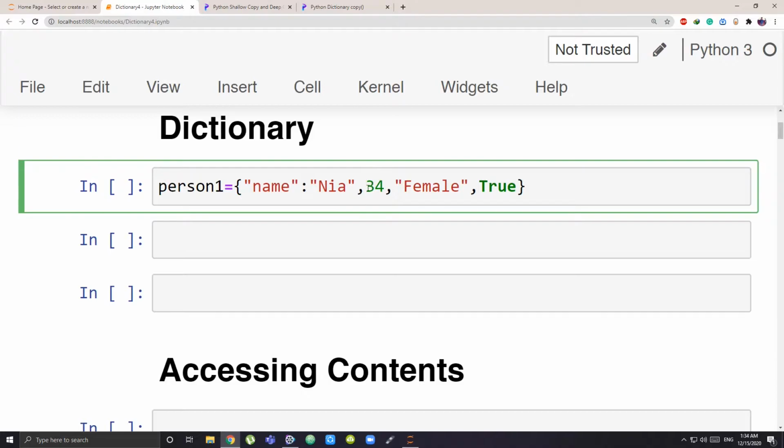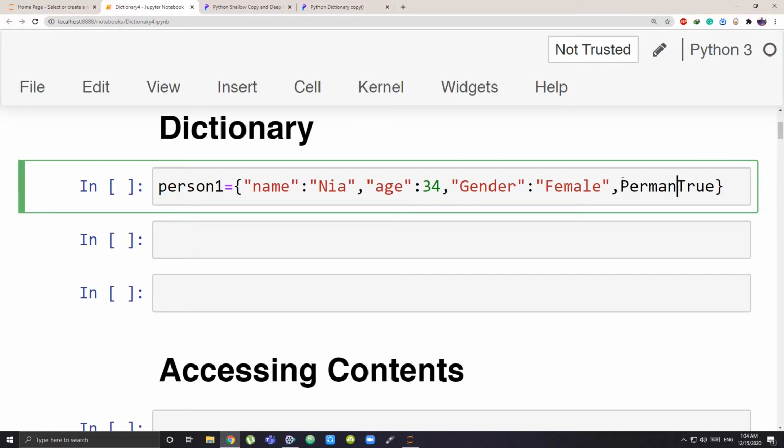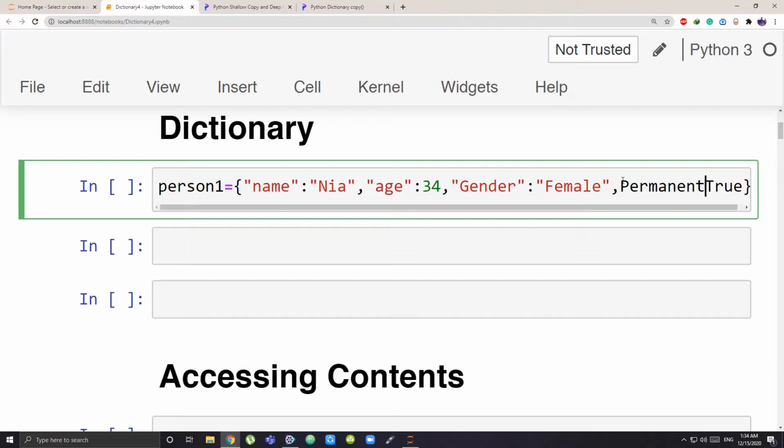Then what is the next quantity? The next quantity being age. So I'll put it as a text, and then I'll put colon. Then again, what is the third quantity? It's gender, and again colon. What is the last quantity? I have to name all of them. Permanent. Again, this being a text, we have to put it inside quotes, and after quotes there will be a colon.